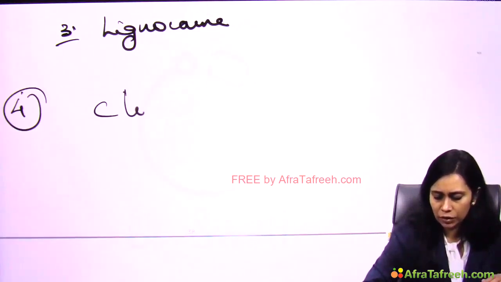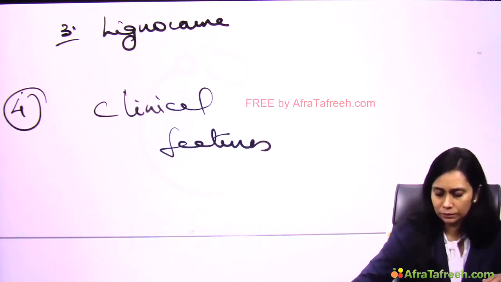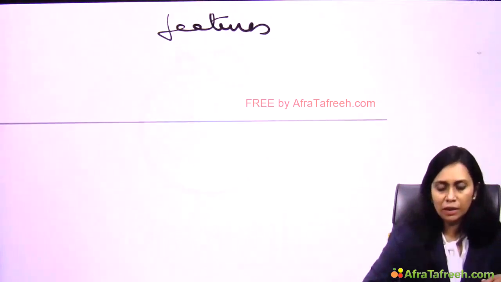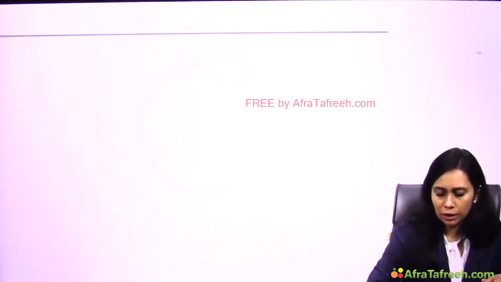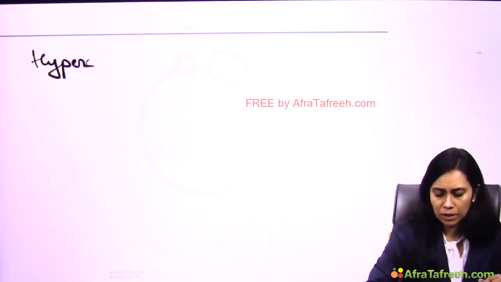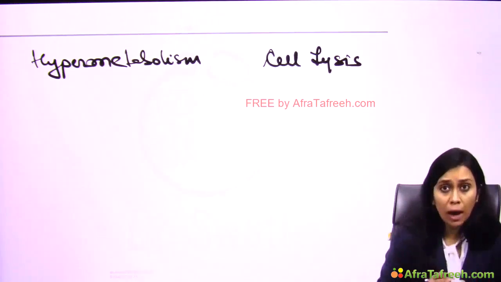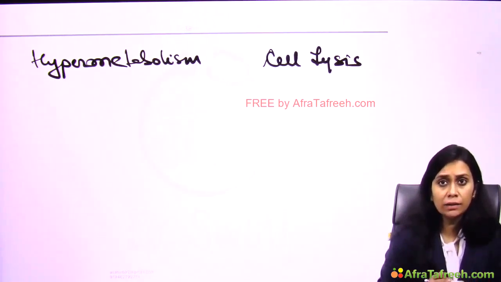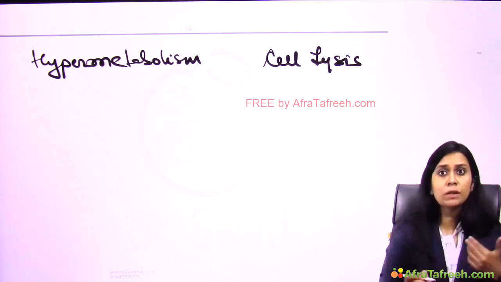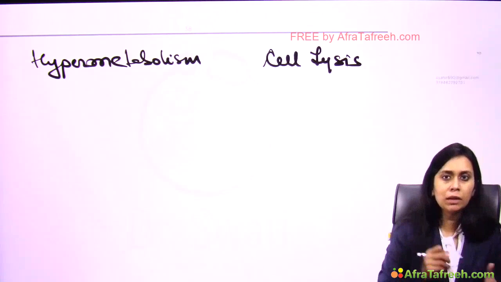So, clinical features of malignant hypothermia. Clinical features are divided into two: clinical features due to hypermetabolism, and clinical features due to cell lysis, right? I told you metabolism becomes 3 times, 4 times the normal, and because of this hypermetabolism, the cell breakdown